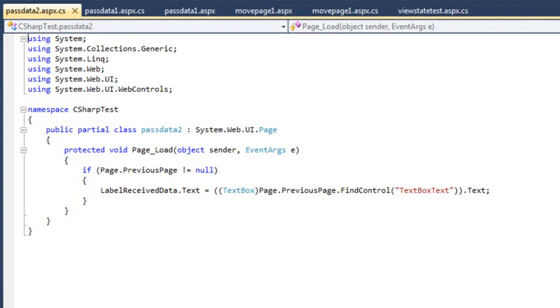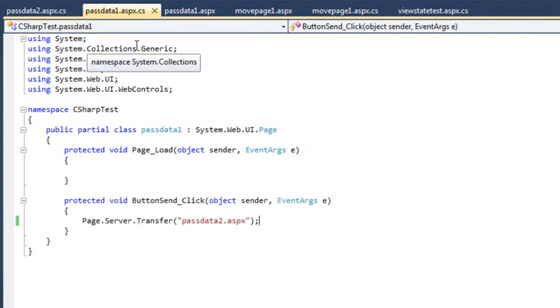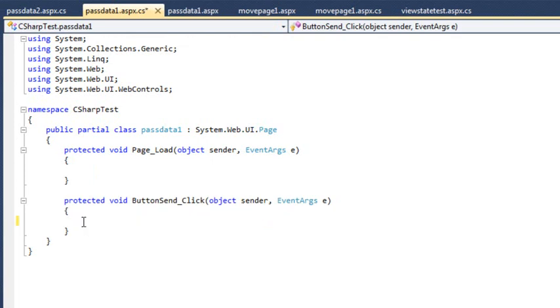The queryString method is the most widely used method of sending data between pages. While browsing the internet, you might have noticed that some web addresses have extra values after a question mark. The values after the question mark are queryString values, and you can use them to send data between pages. Return to the code behind file of passdata1.aspx. Remove your server.transfer line and replace it with the following code: